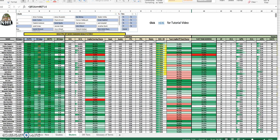Today, I want to dig into the research station to show you guys how we could extract information that is going to help us identify solid cash players with a solid floor throughout the season, last 5, last 10 games, and without even looking at goals and assists, which is something that is a lot harder to predict and project than shots on goals and block shots. So there's a lot of research that still needs to be put in place after this video, such